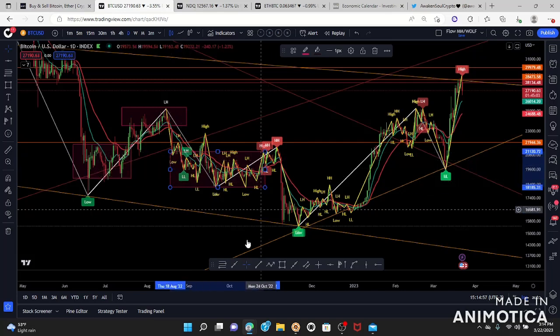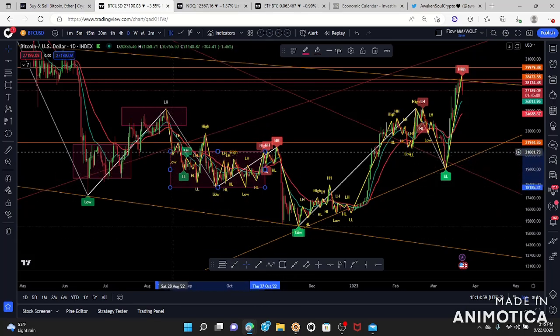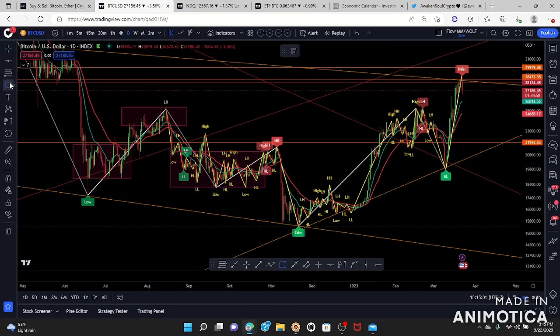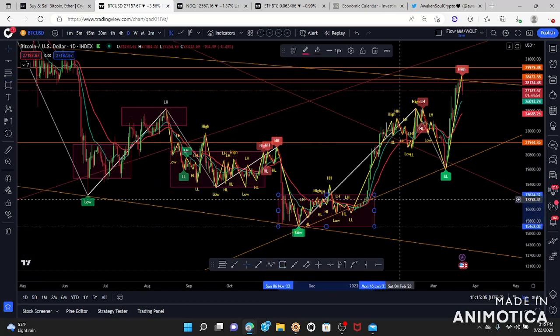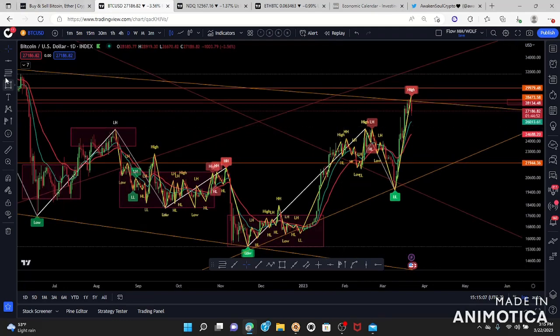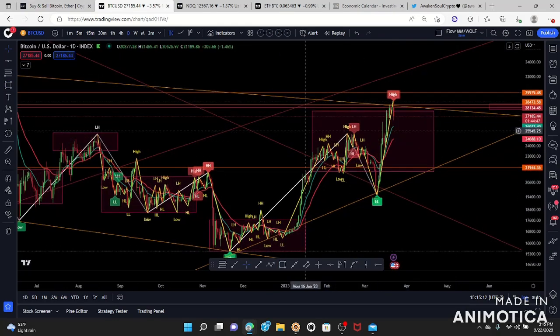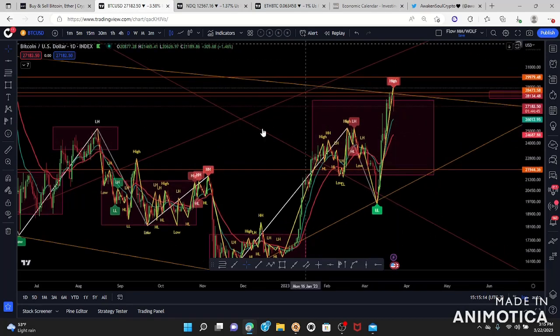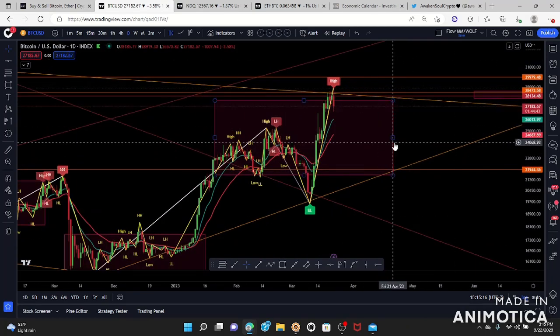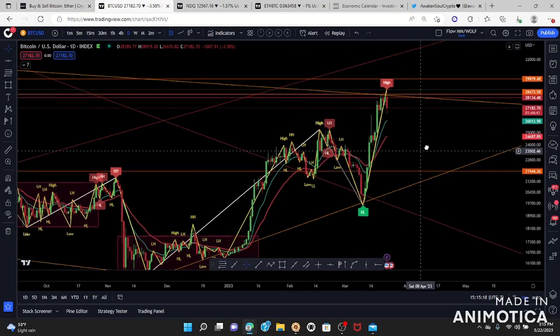This is all a contraction phase. Contraction phases are sideways, boring consolidation areas. Then we have a trend down, and this was a contraction phase. Trend up, and this whole area is a contraction phase. Okay, so we're just focused on here. What's happening right here, right now? So just looking at our daily contraction phase,